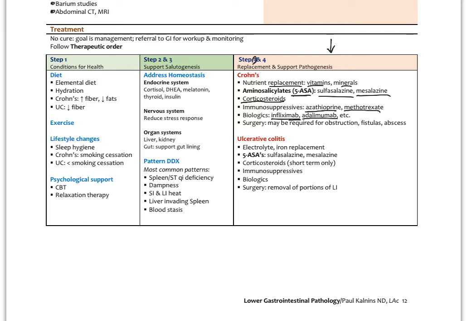Ulcerative colitis, the approach here is more electrolyte and potentially iron replacement for the anemia. Again, aminosalicylates, sulfasalazine, mesalazine. Corticosteroids for short-term use only. I've had several patients that just have like 20 bowel movements, bloody bowel movements a day, getting severely dehydrated and anemic. And really the only thing that takes them out of it is a short-term, usually 2-week dose of high-dose steroids. It's very important to remember when patients are on these high-dose steroids like prednisone, 60, 70, 80 milligrams, for more than a few days,